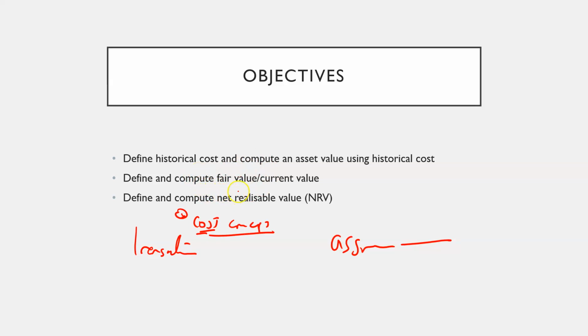And then what we then discuss is this use of the asset over time. So we spend the first video looking at that, and then again, because we've been discussing this question of relevance, more relevance, I would say, as opposed to faithful representation. But the fact that people need to be able to make decisions based on these figures, and maybe historical cost isn't quite representative of that currency, if you like, so to speak.